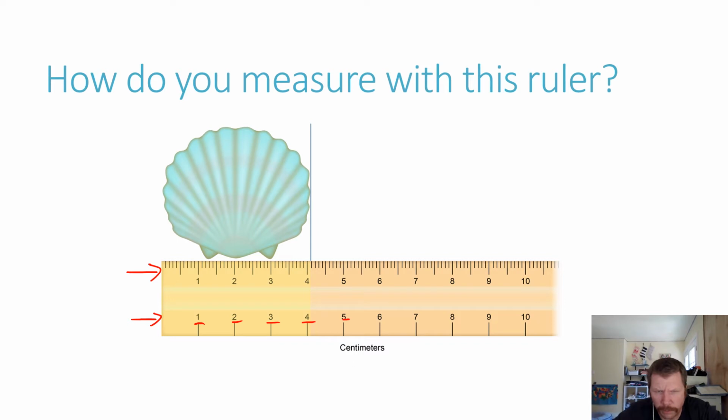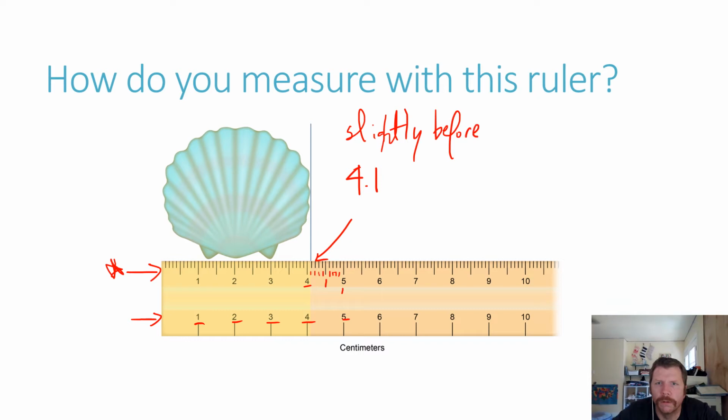Now, if you are looking at this top side, you can clearly see that there's 4.1, 4.2, 4.3, 4.4, and 4.5, 4.6, 4.7, 4.8, 4.9, and 5. It's kind of difficult to see, but this line right here falls right before 4.1, so slightly before